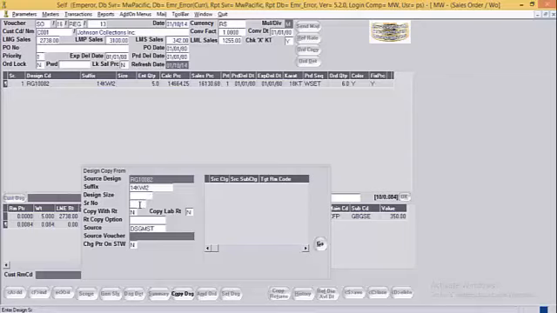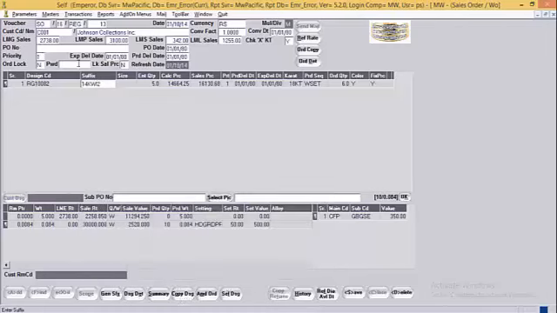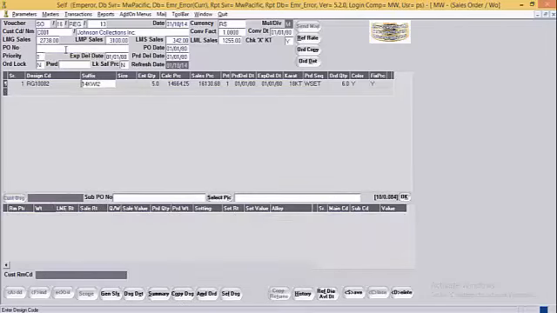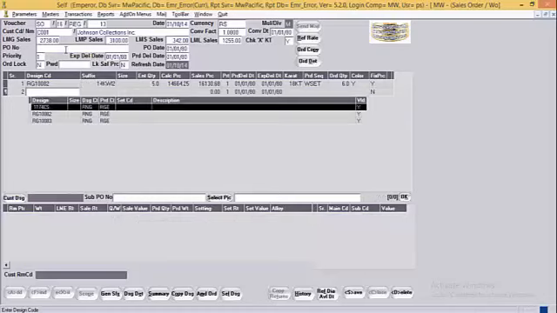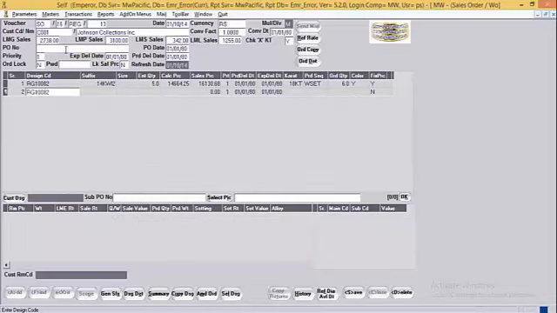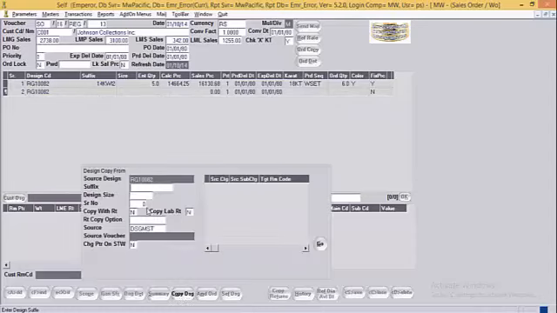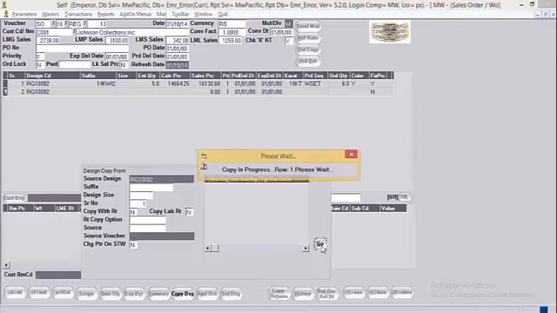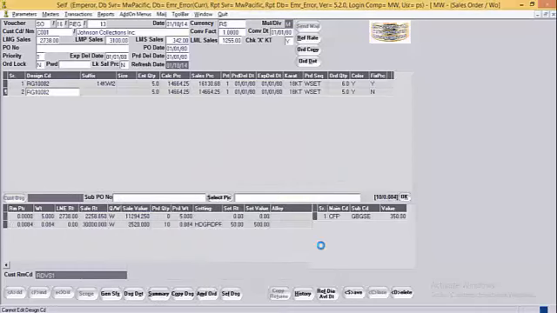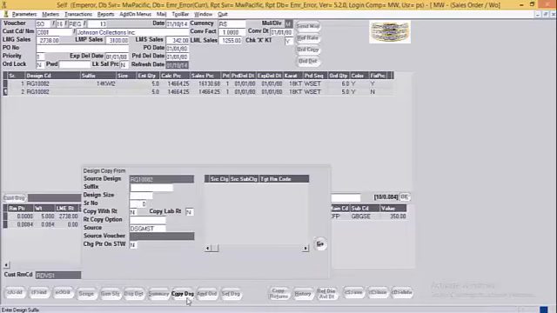Next, the source of copy can be serial number also. For example, if the same design needs to be copied from the previous serial number, user can mention the serial number over here and click on Go button. In this case, all the details, especially the RM and the labor details, will copy from the previous serial number or the serial number mentioned in the copy frame.